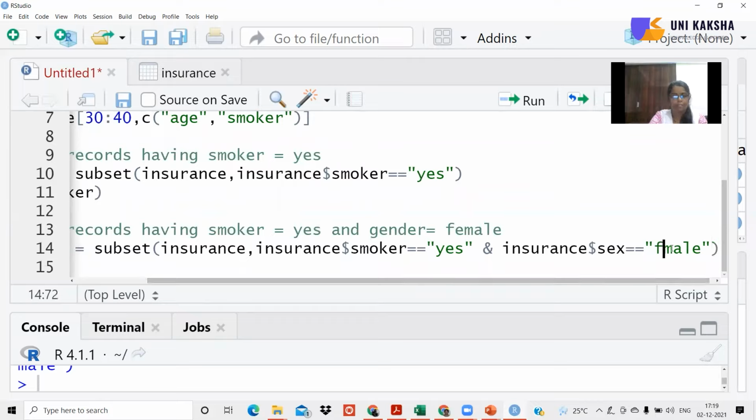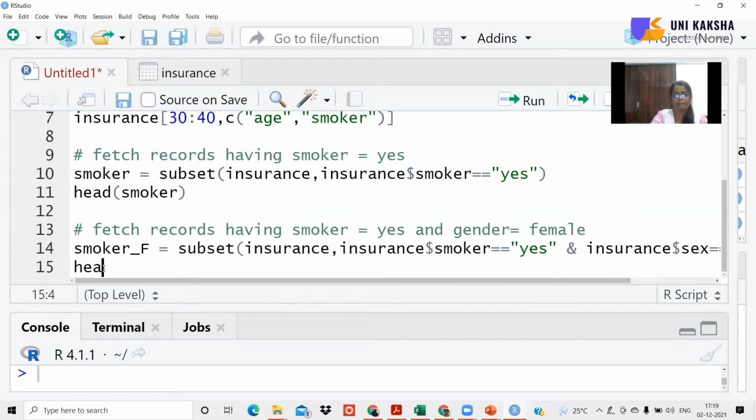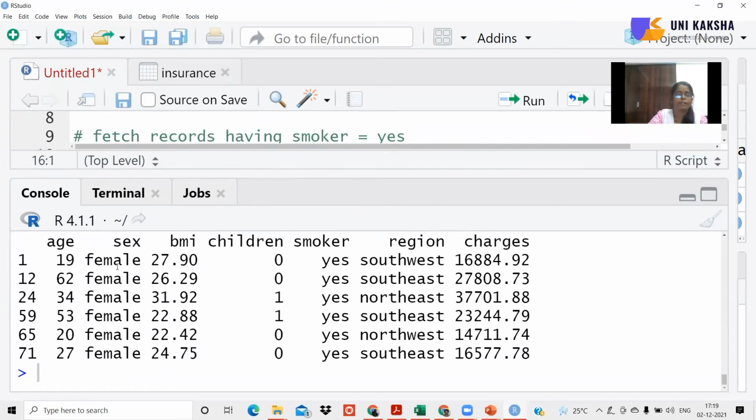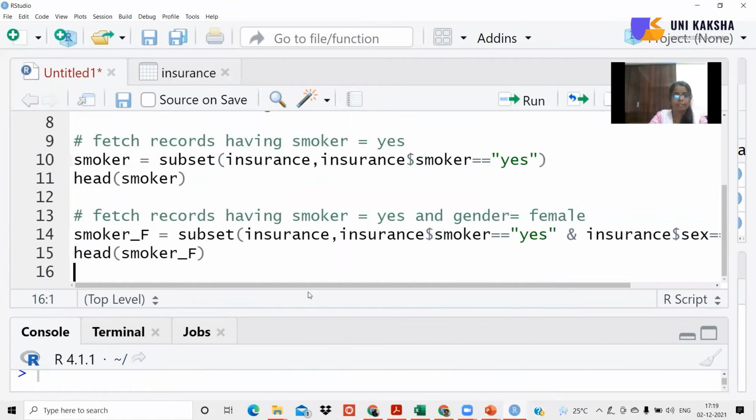I just made a spelling error here. Yes. And now we can check the head of the information. So it's the first 6 observations which are female as well as smokers. So you can add as many conditions as you want.